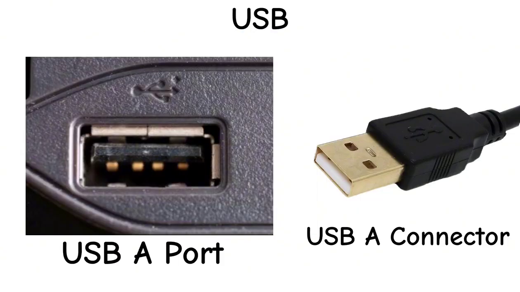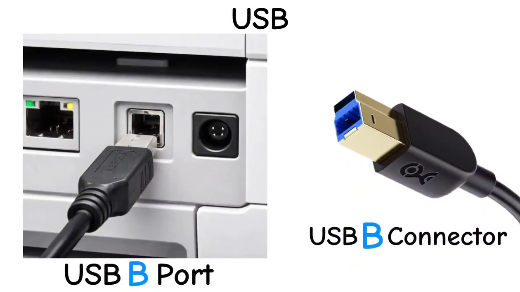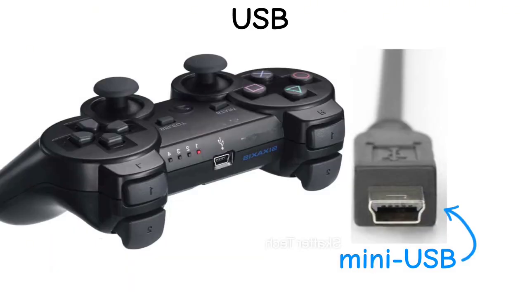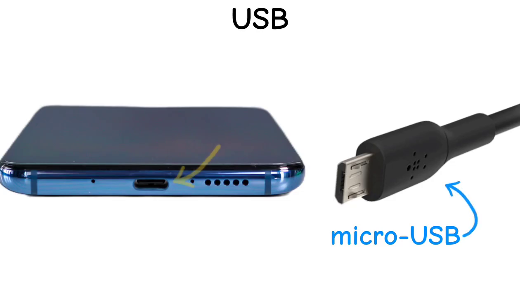Type A is the standard rectangular one, which is used for connection and data transfer. Type B is the bulky square one, mostly used to connect computers to printers. And just so you know, mini USB and micro USB are actually just the smaller types of USB Type B. Mini B was often used for things like the PS3 controller, while micro B became the standard for charging phones